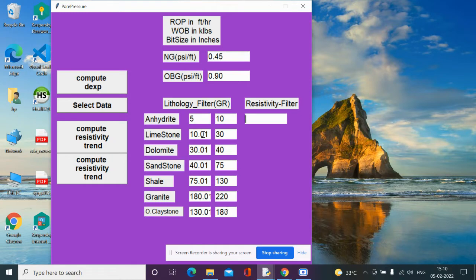And the resistivity filter helps to filter out noisy resistivities that don't form part of the major